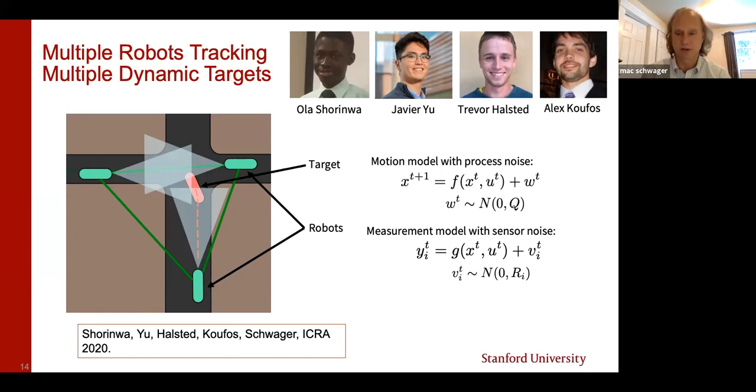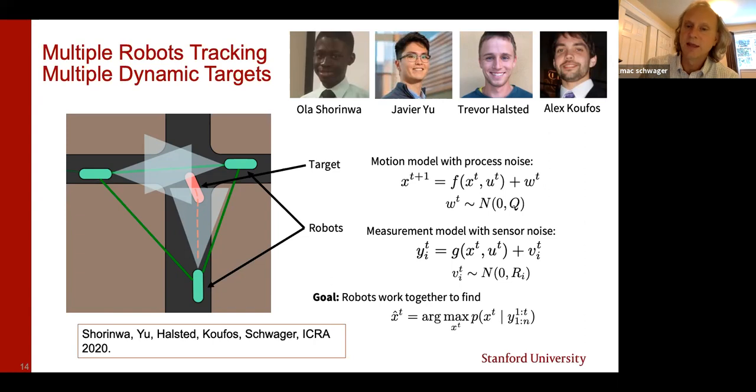And same with the sensor model. So the sensor measurements y for every car, y sub i, are related to the underlying target state, x of t, through some nonlinear map, a sensing function g. And in the ICRA paper, we assume this is linear. So it's linear with Gaussian white noise, a linear Gaussian sensing model, just like in a Kalman filter. But in general, because this is based on optimization, it doesn't have to be that way.